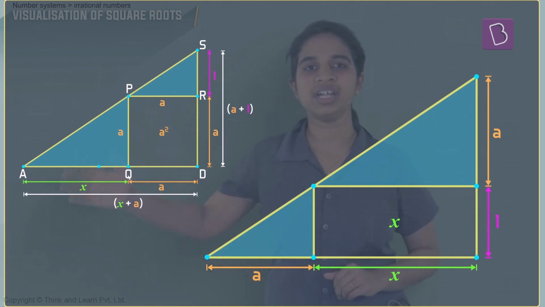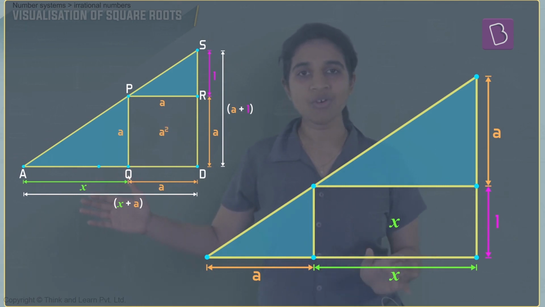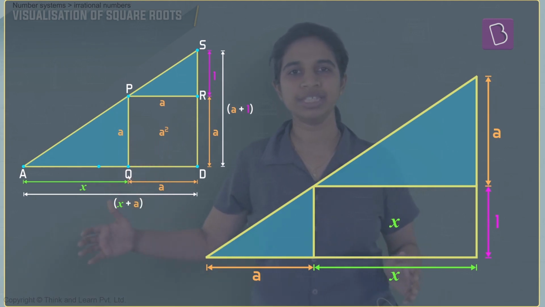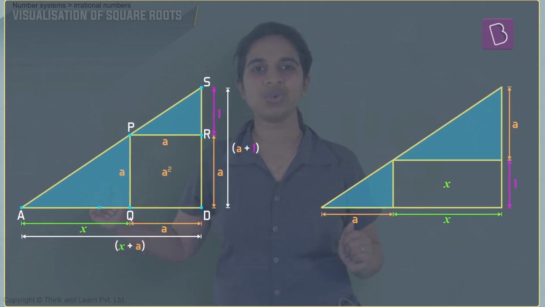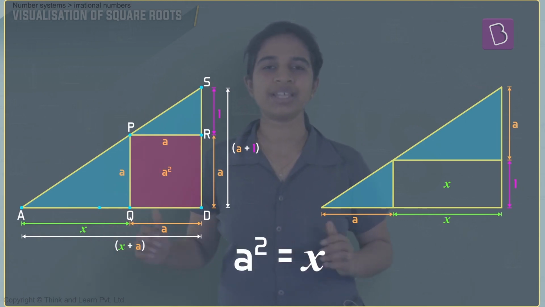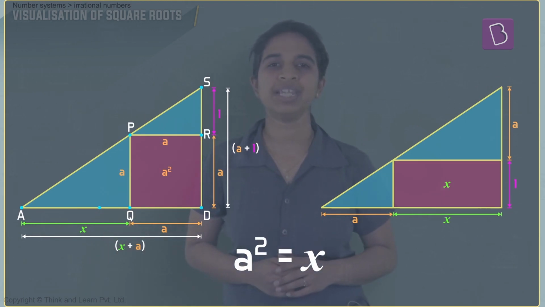Now, previously in the earlier figure that we saw, we got the area of the unshaded region to be A squared. Now, in this new figure, we get the area of the unshaded region to be x, right? Which means these two are actually equal, which is why A squared is nothing but x. A squared is x, meaning A is root of x. That's the reason why when you do the construction with a circle, you get that distance PQ as x. This is the way to visualize it. So these square roots are nothing but irrational numbers, and we've now seen multiple ways to understand and visualize these.